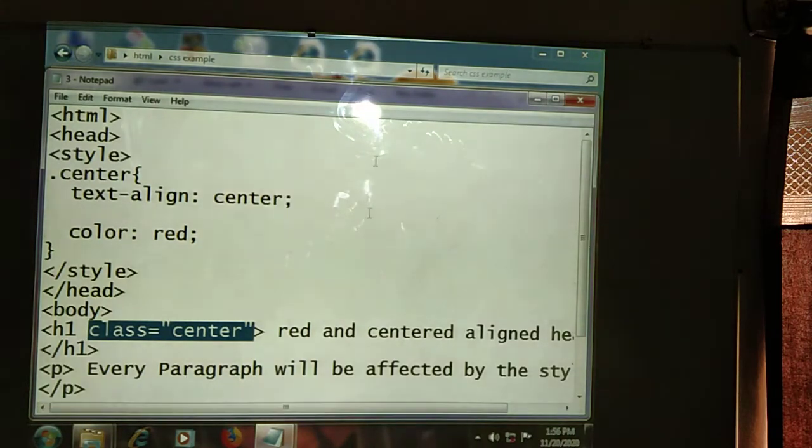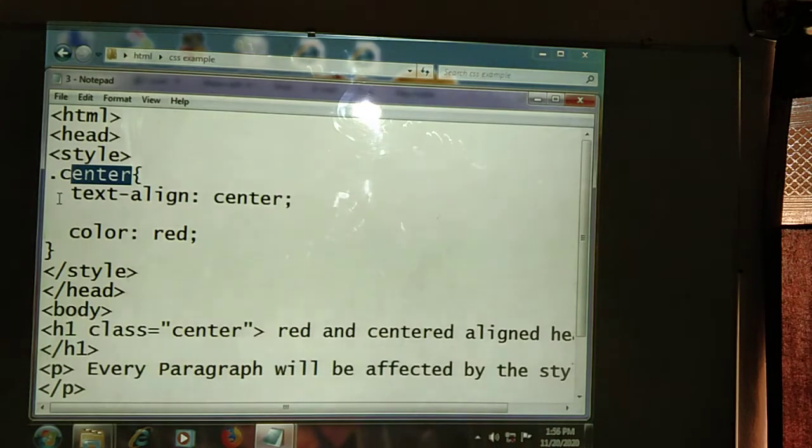We can see the first HTML opening tag, head section we are going to be opening, style tag also we are going to be opening. Selector ID will be class selector ID we are going to be created. Class selector name will be center, text align will be center and color will be red. We can change the color here. Blue color we are going to be changing. Next, style head section we are going to be closing.